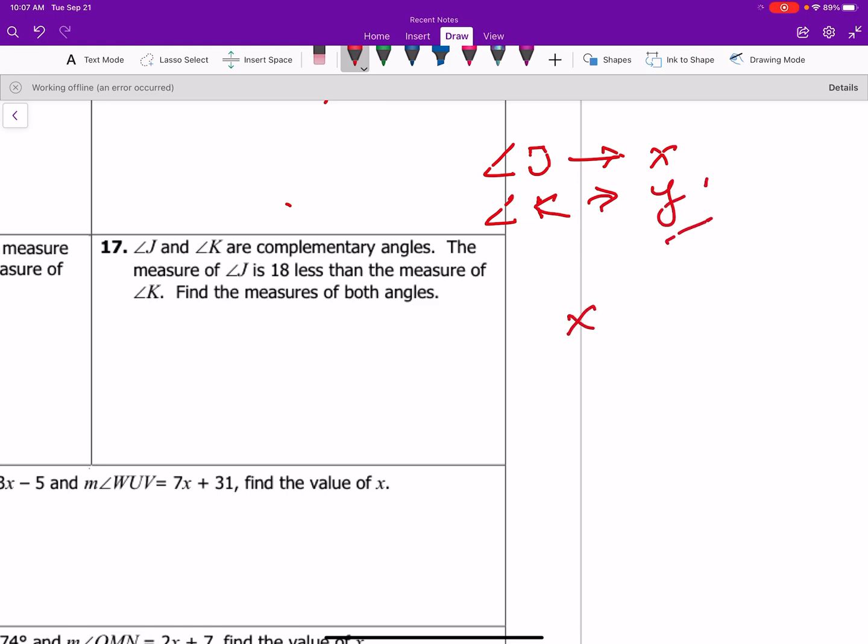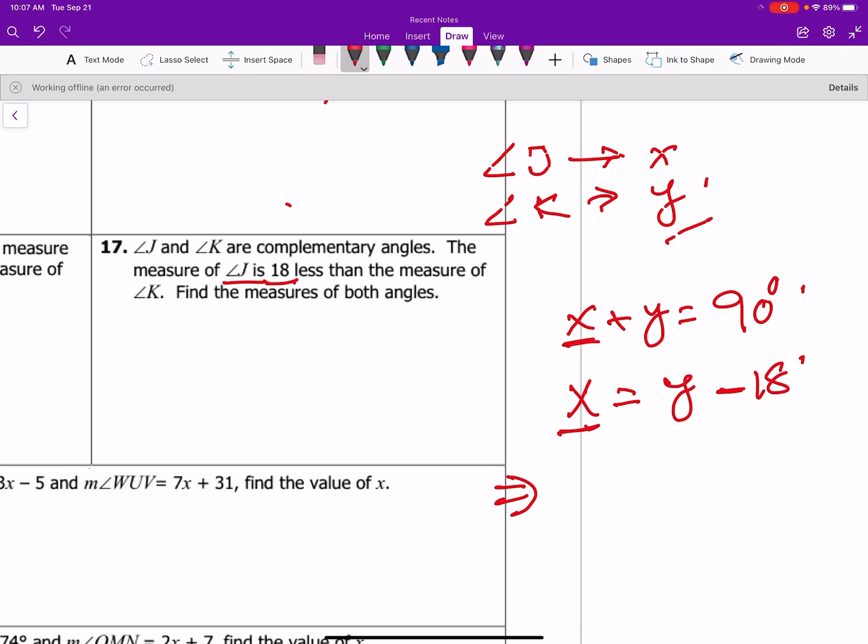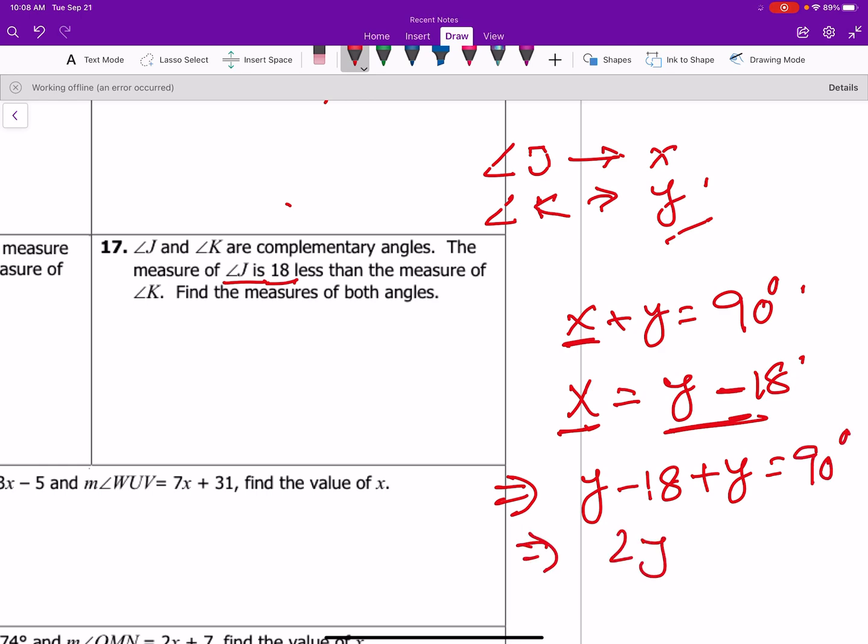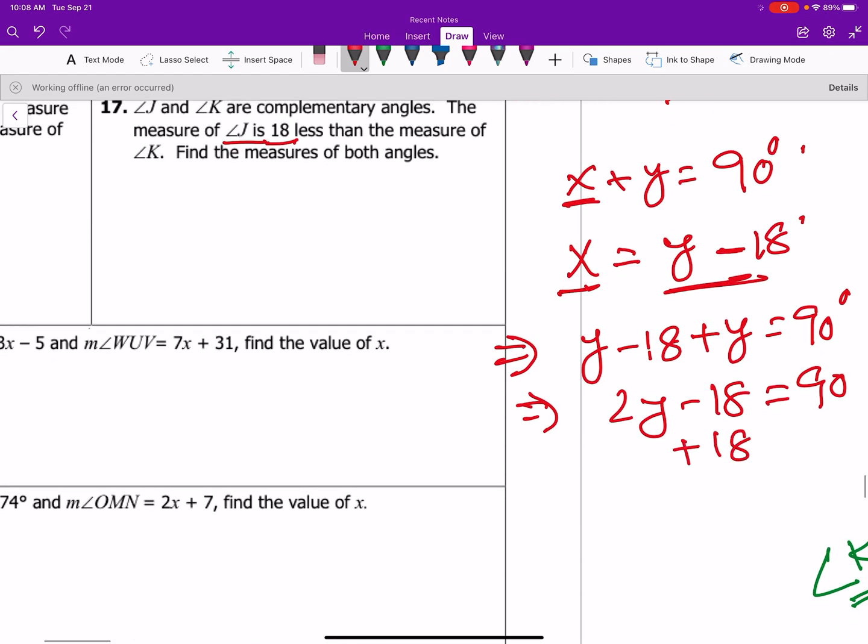So you can say x plus y equals 90 degrees, and then measure j, which is your x, is 18 less, so less means negative, and k is y. So just the same way, you plug in your x in terms of y, so you say y minus 18 plus y equals 90. All right, so you get 2y minus 18 equals 90. If you solve for it, you are going to get the same values,